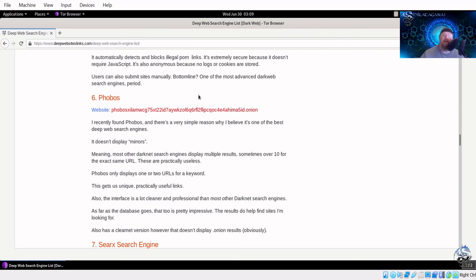So I hope you enjoyed this Intel Bytes for Tor and for the dark web stuff. Hope we didn't freak you out too much with all the crazy nonsense that's going on here. But, you know, your eyes are open now, right? You can see exactly what's going on here. And you can see it's not that difficult for the average user to be able to get on here and do pretty much whatever and research whatever.